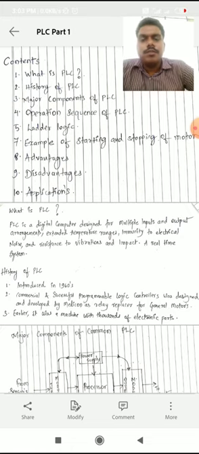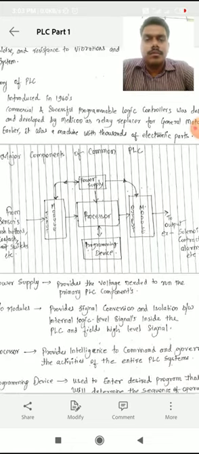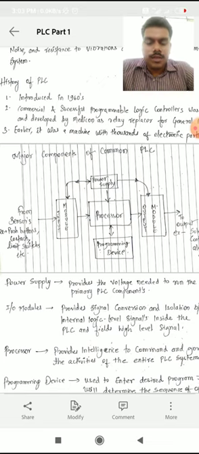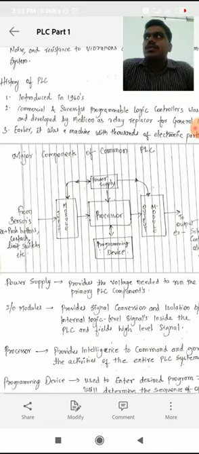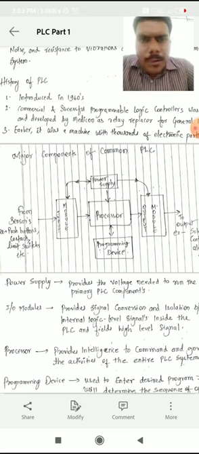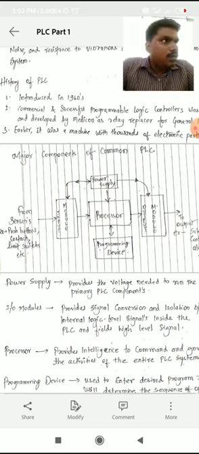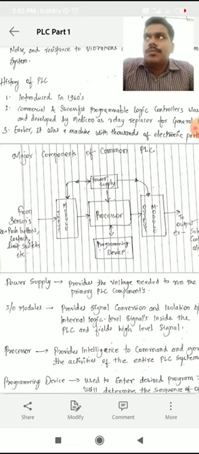So the major component of a PLC, with the help of this diagram, see the diagram, in between is a processor. So what is a processor? The basic processor is the programmable microprocessor, right? We used to see those chips. It is a processor which can store the programming, which can process the information given to the processor, with the help of the programming device which is connected below. With the help of this programming device we can process any kind of information.